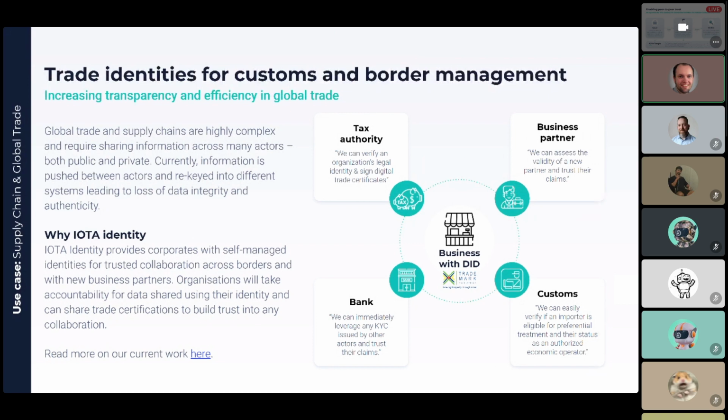So this is a very good example of how identity isn't only for humans or our problem on the internet, but it's also solving the supply chain issues that we have in current days.